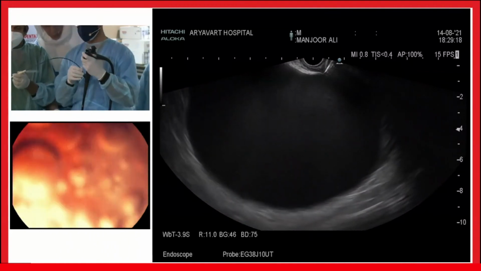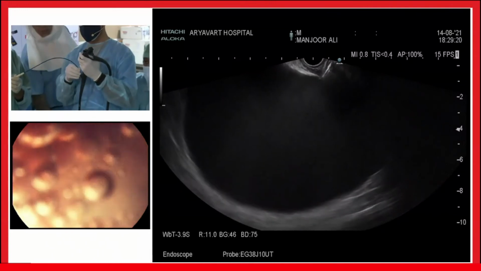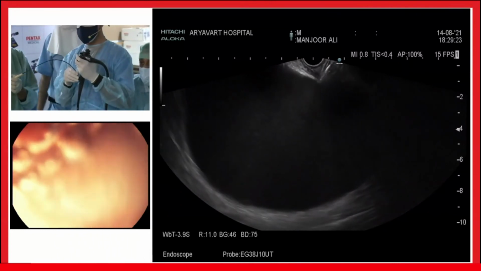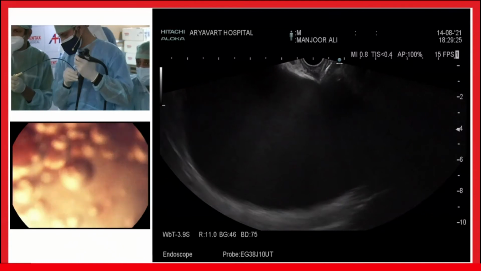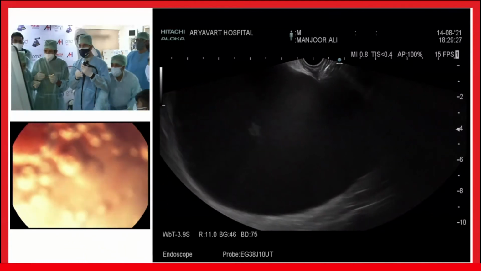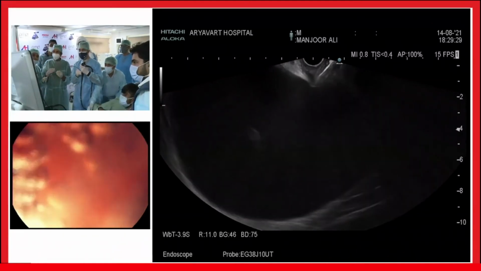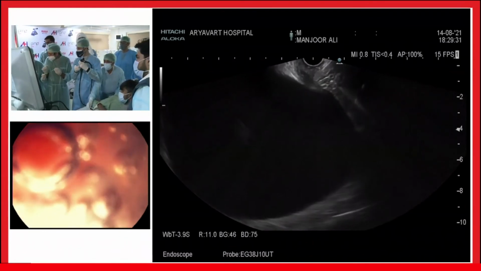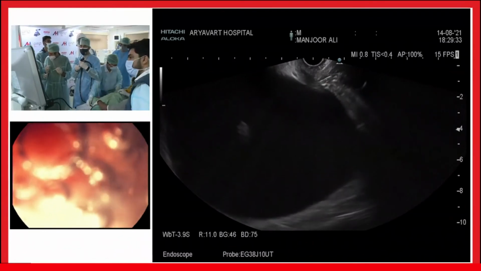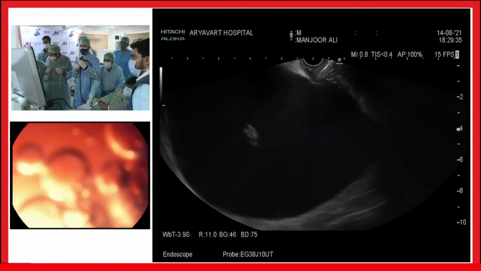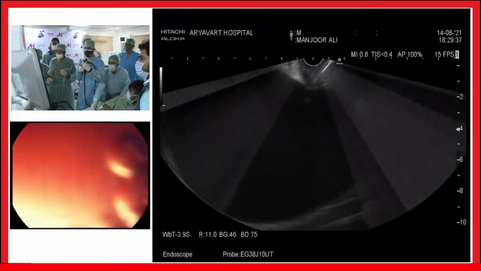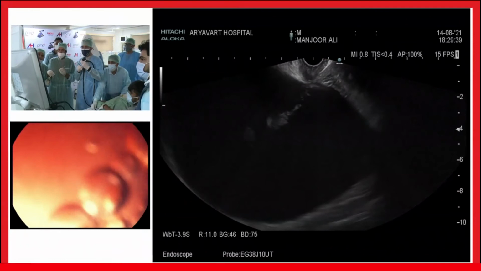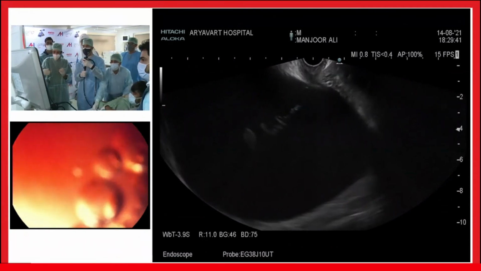So somebody will hold the scope. I'll hold the scope for you. Yeah. Got it. So we are ready. Puncture. Okay. No, it's going forward. Yeah, we are in. So you are in. You are in. This much effort is only required.